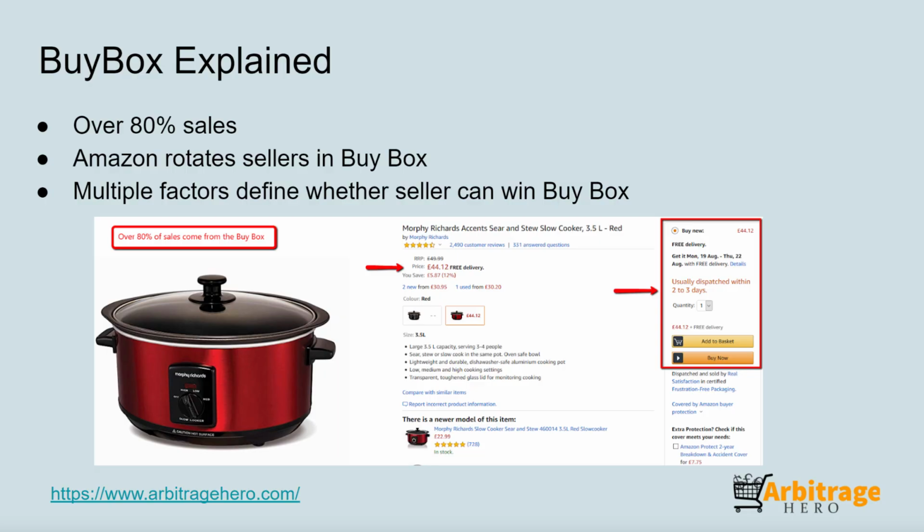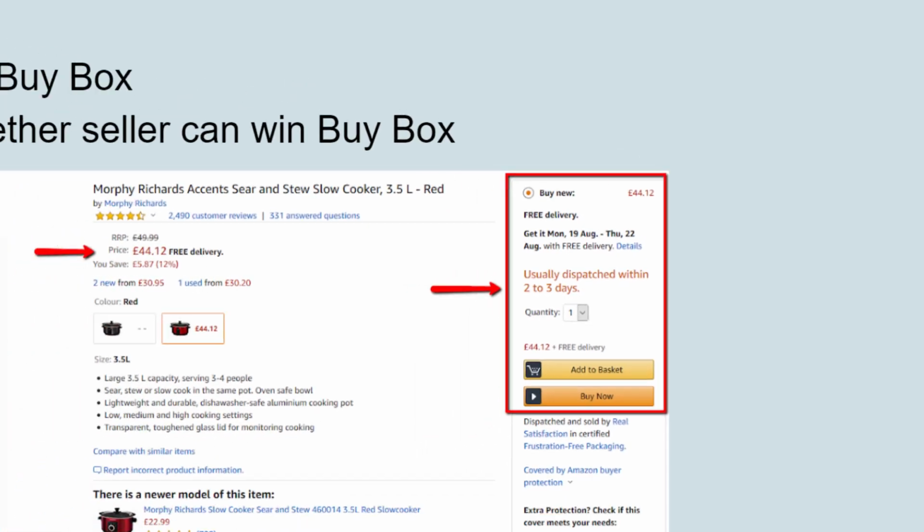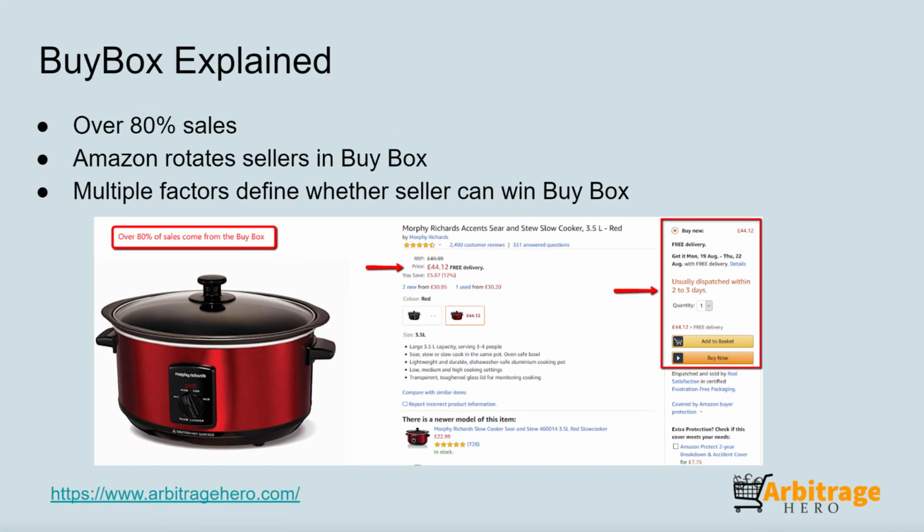Hopefully you already know that buy box is the price which is used to buy a product by clicking the buy now button. You can see that box selected in red on the right hand side. This is what Amazon sellers call a buy box. You need to know that more than 80% of all sales come from the buy box, because not many people go to review all available offers. They tend to click add to basket or the buy now button, and then they pay the price which is